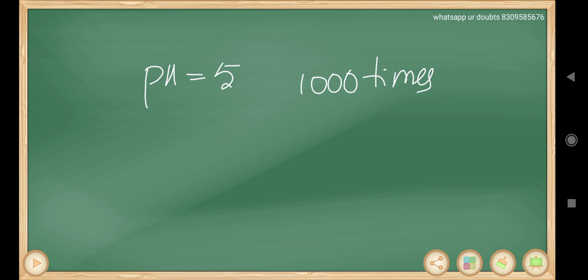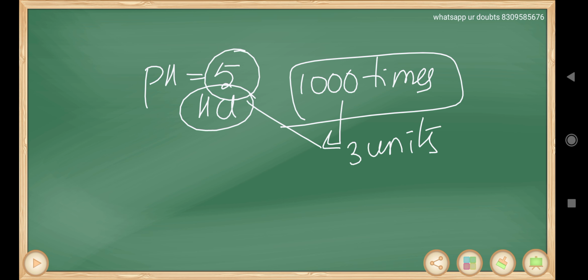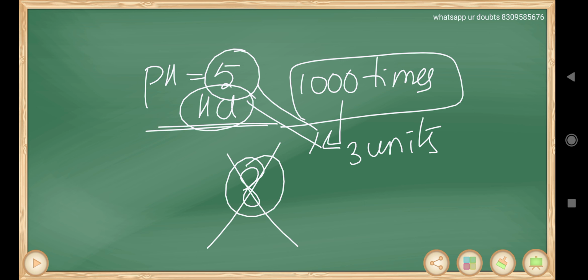Sometimes the question is also like this: pH is equal to 5, HCl is there, 1000 times dilution. 1000 times dilution means 3 units to be increased. 3 units to be increased means 5 and 3 total will become 8. Don't write 8, because HCl cannot have pH equal to 8 under normal conditions of temperature, that is 25 degrees Celsius. So what you need to do is again say less than 7, between 5 and 7, or very close to 7, because that is almost neutral, not exactly neutral. This type of question we discussed even in the last session also. You can just go through that.